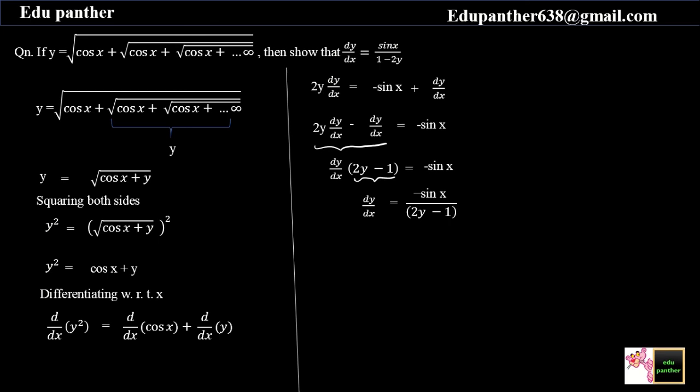Okay, we have calculated dy by dx, but what do we have to prove? We should get dy by dx as sin x upon 1 minus 2y, but instead of plus sin x we have minus sin x. So how do we get rid of this minus sign? Multiply this minus sign into the denominator. So our final answer will be, if you multiply this minus sign here, its sign will change: minus 1 will become plus 1, plus 2y will become minus 2y. So this is our final answer that we had to prove. So we have proved this. This is one of the easiest and most important questions for differentiation.